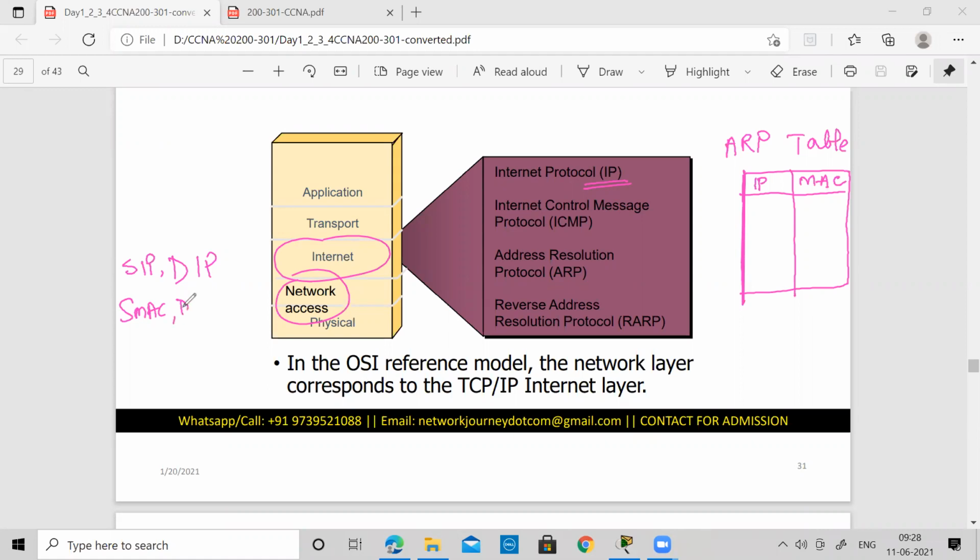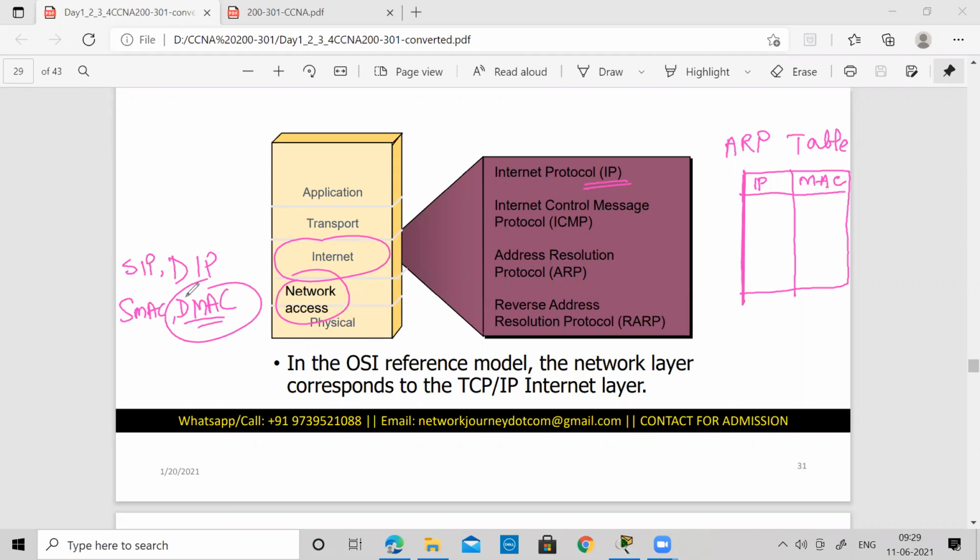But it's very highly possible that you don't know the MAC address of the destination. The server with whom I am communicating, the next device with whom I am communicating, I am not aware of its MAC address. And that is very, very important when you have to completely frame your packet. All the information inside these fields should be correctly given. But since I don't know the MAC address, is there a way to learn the MAC address?